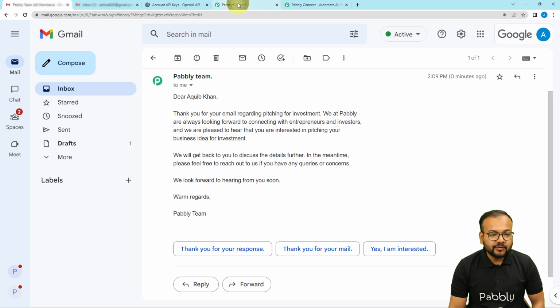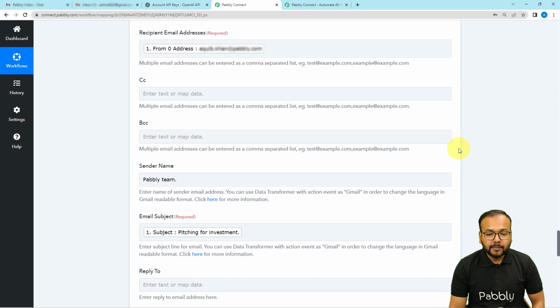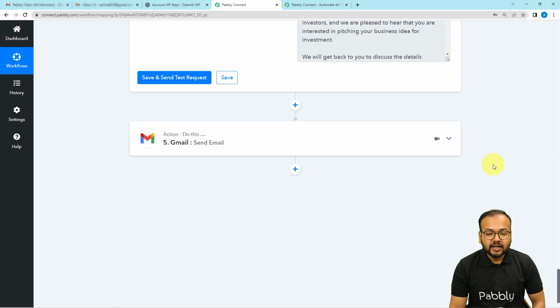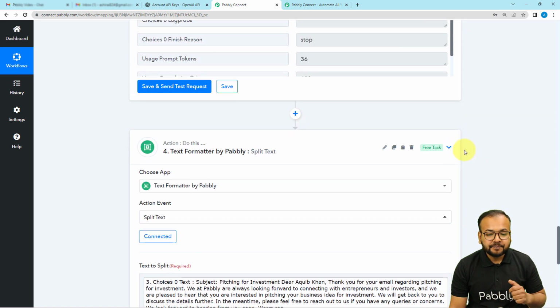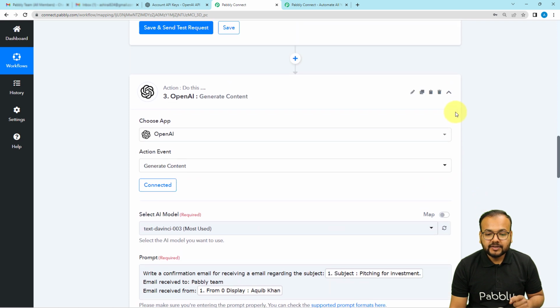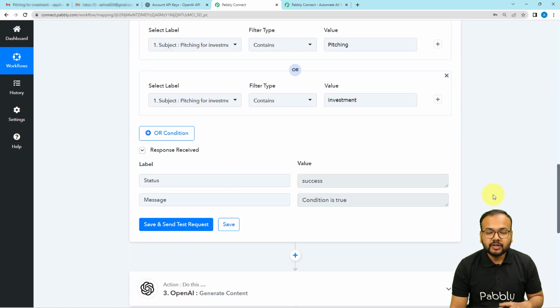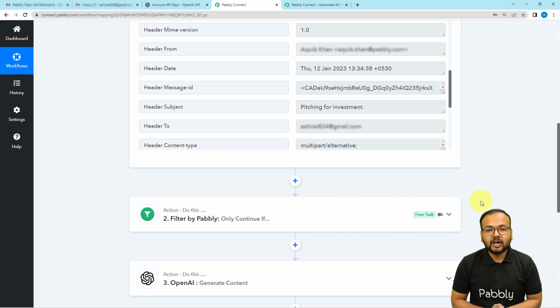So this is how it is going to work, guys. So we are done creating an autoresponder for a particular kind of email. You can set up this autoresponder for any kind of email. And guys, you can use this workflow as well, as I'm going to paste the link of the same workflow in the description, and you can clone this workflow in your own free Pabbly Connect account